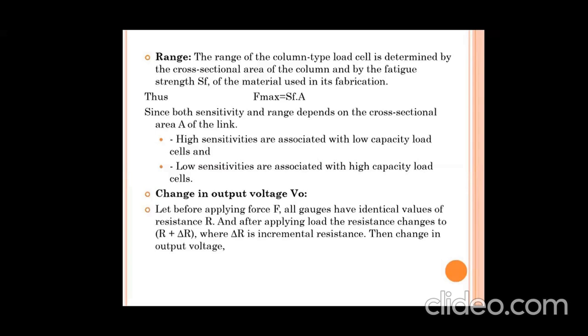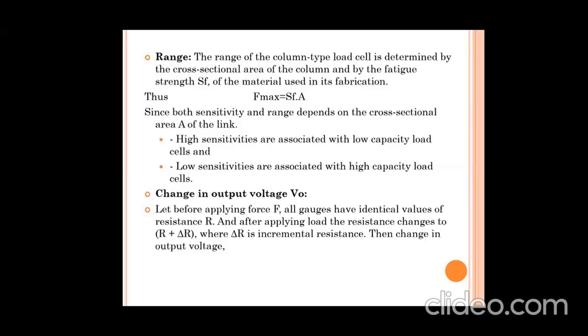The bridge is balanced only when the resistance or current flowing through each of the branches is the same. Getting? So that is how your output voltage gets changed, because if there is a change in resistance, then delta R is added into your equation. Delta R is nothing but the change in your resistance.